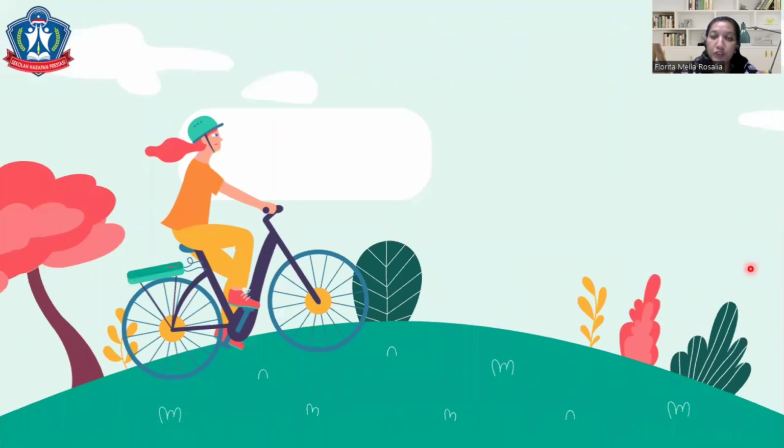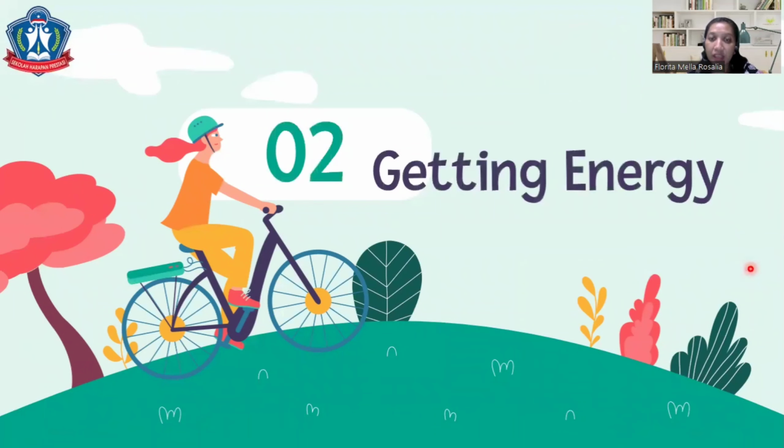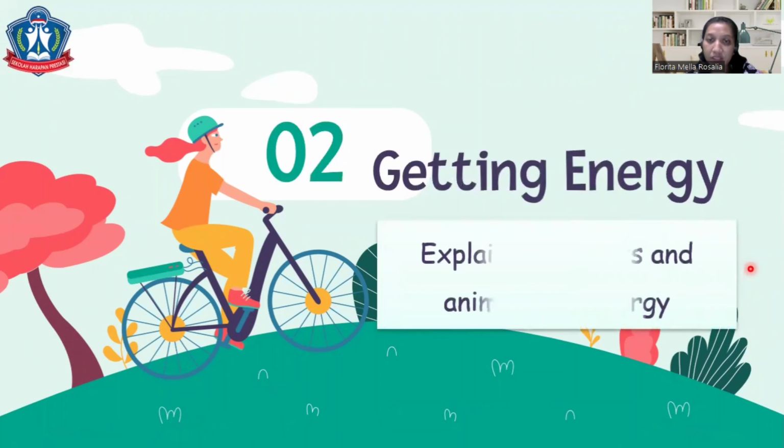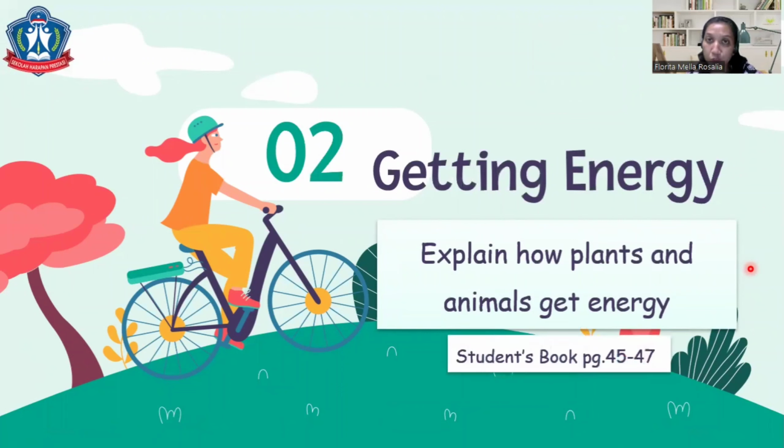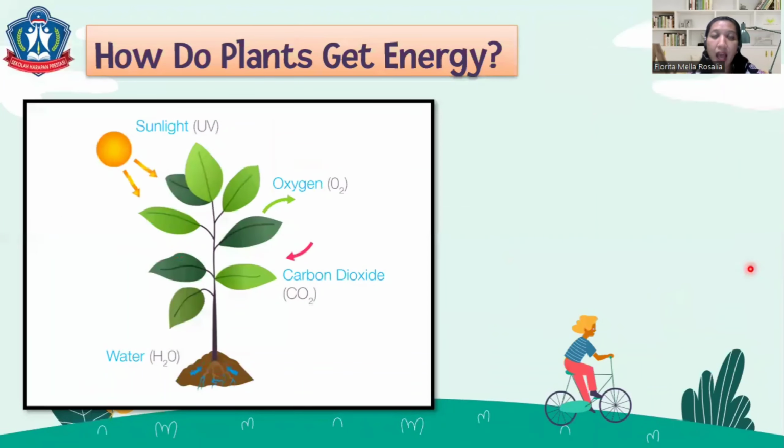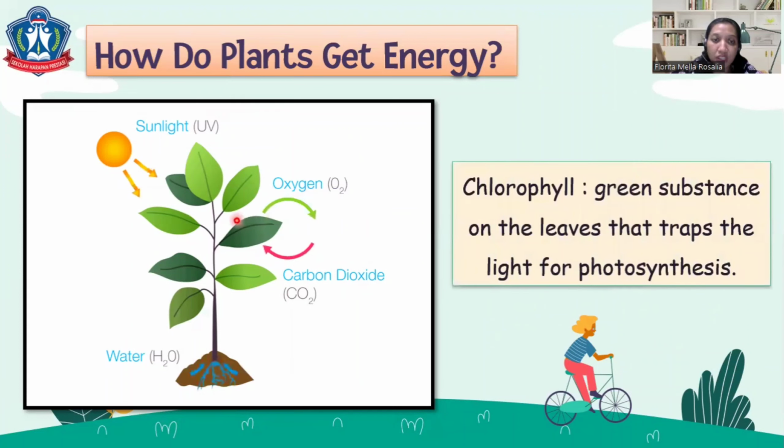Now let's move on to the second lesson, getting energy. In this lesson, you will explain how plants and animals get energy. You can open the student's book, page 45 until 47. How do plants get energy? Do you know what this process is? Right, friends, it's photosynthesis. If you see here, the green color on the leaves is chlorophyll, the green substance on